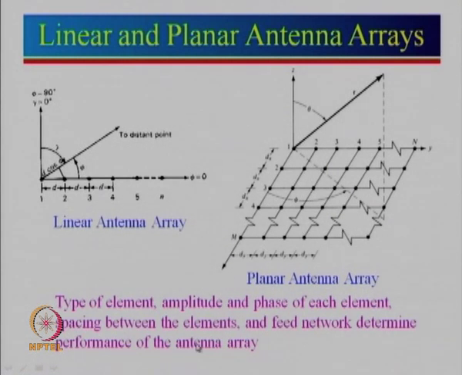It also depends upon the spacing between the elements. So, smaller the spacing for the same number of elements, total aperture will be small, so gain will be small. But larger spacing would mean that aperture area increases, the gain will increase. However, there is a limit, we cannot keep on increasing the spacing beyond a certain limit. So, for now I can just say spacing has to be always less than lambda.